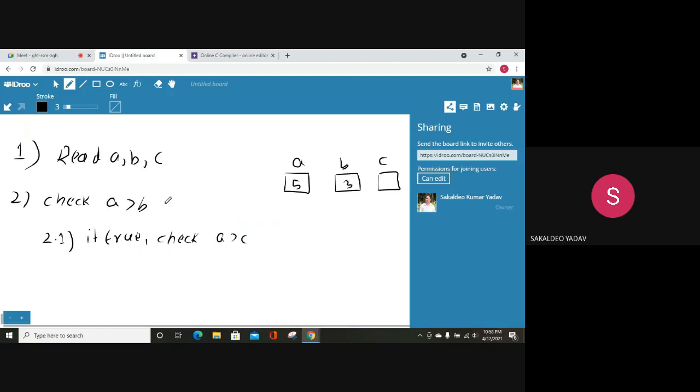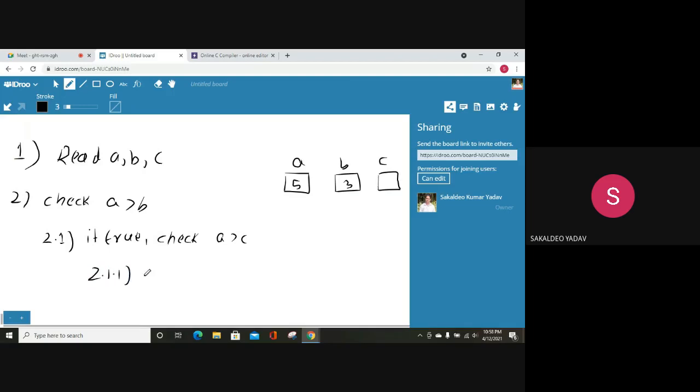Here c can be 1, 2, 3, 4, anything, and this condition will be true if c is less than a.